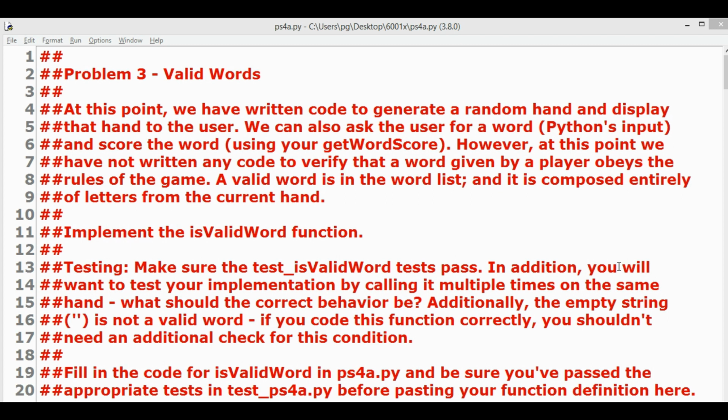Before we begin, please understand that there may be several possible ways to solve any given coding problem. The way I am attempting to solve this is just one of the many possible solutions. If you want, you can pause this video here, try to attempt this problem on your own, and then come back to this video to see the way I have tried to solve this. Okay, let's start.